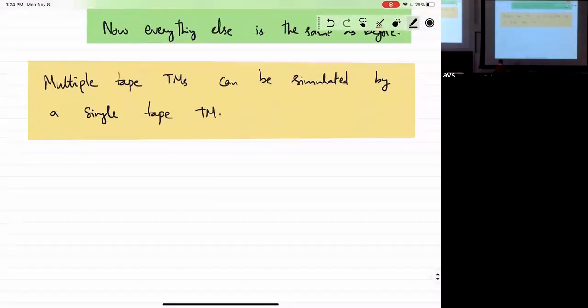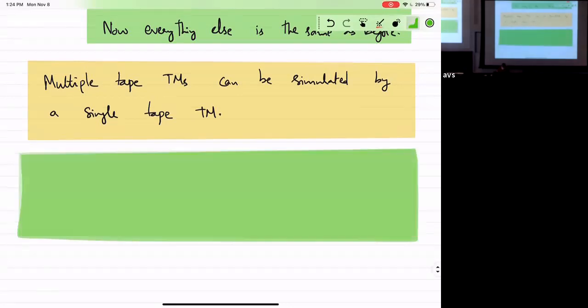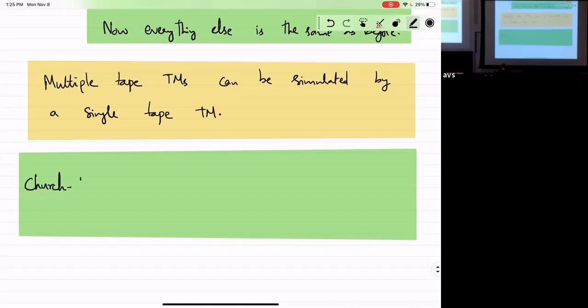All right. So now we are ready to state one of the fundamental laws of nature, which is the real Church-Turing thesis. Alonzo Church was Turing's PhD advisor at Princeton, where this thesis has its origins. And what does it say? It says that Turing machines are the only model of computation that you need to worry about.